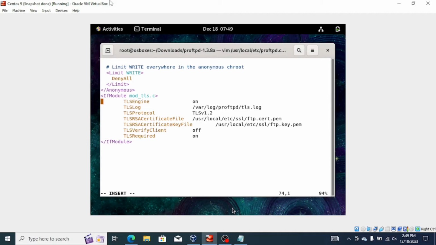And then the important things that you should do is, if you say if module mod_tls.c, then TLS engine should be on, TLS log, so this is where the log files will be stored, and then you should put the protocol, so TLS protocol, as you can say TLS version 1.2, which is a bit newer, and then the certificate file, you need to make sure that you point to the one that we generated, so